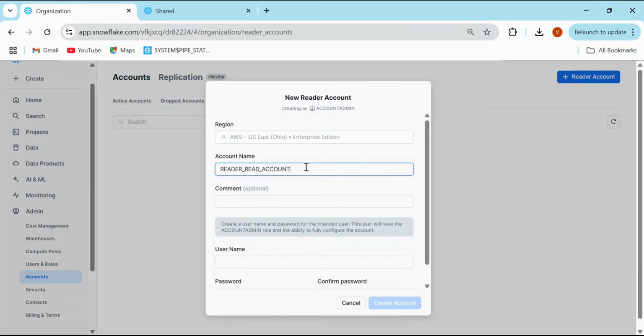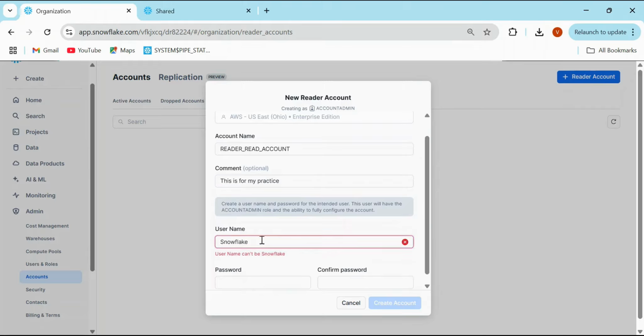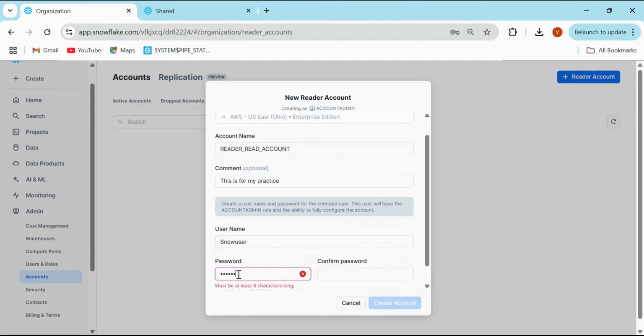We can name it; this is for my practice. Here you have to create a username and password. The username we can create as Snowflake. Oh, the user cannot be Snowflake, so we can say it's no user. And the password I'm going to take,